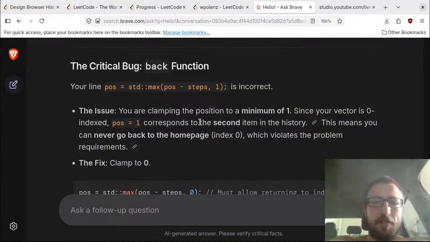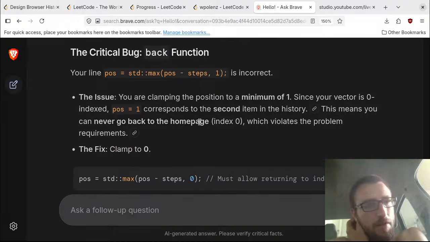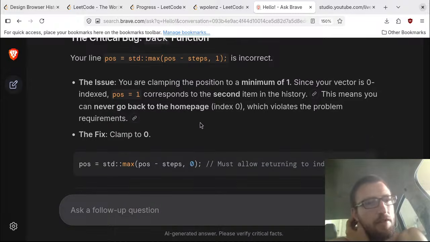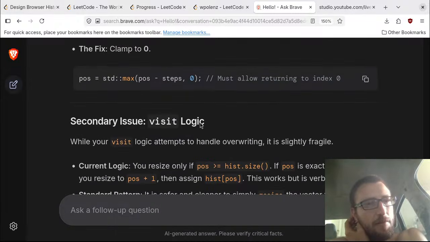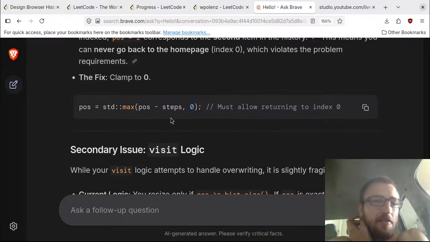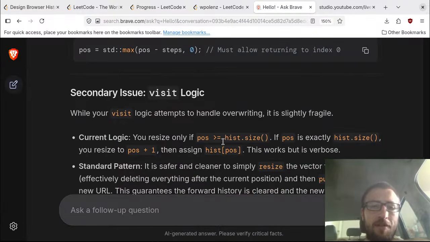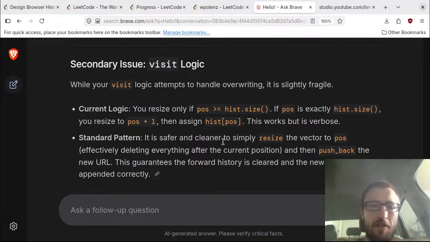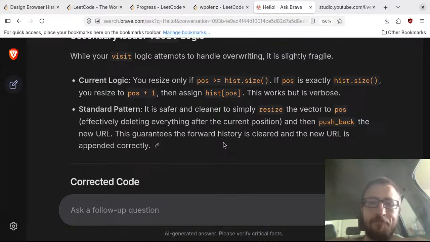Clamping position to 1, second item, never go back to the home page. That violates the problem requirements, clamp to 0. Which is not, this is incorrect because I subtract 1 each time. Visit logic, handle overwriting, slightly fragile: simply resize, effectively deleting everything after the current position,